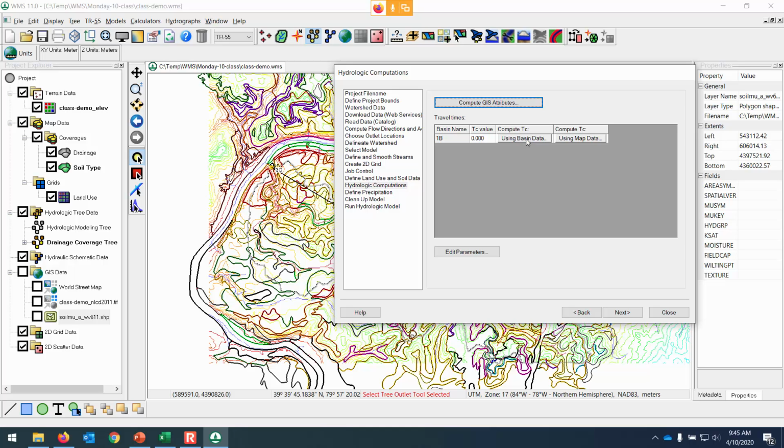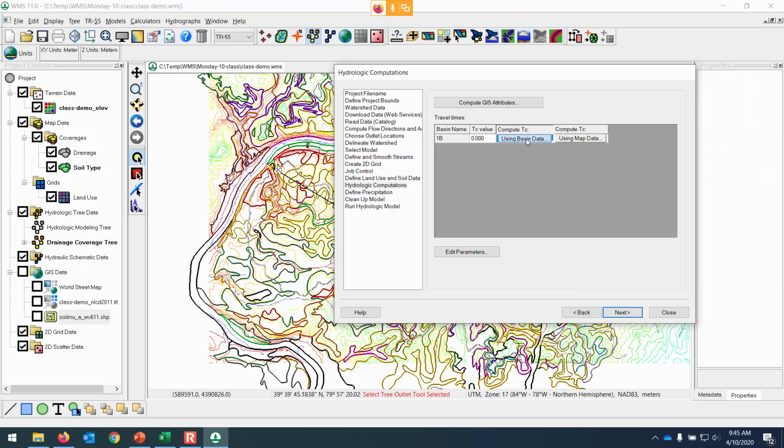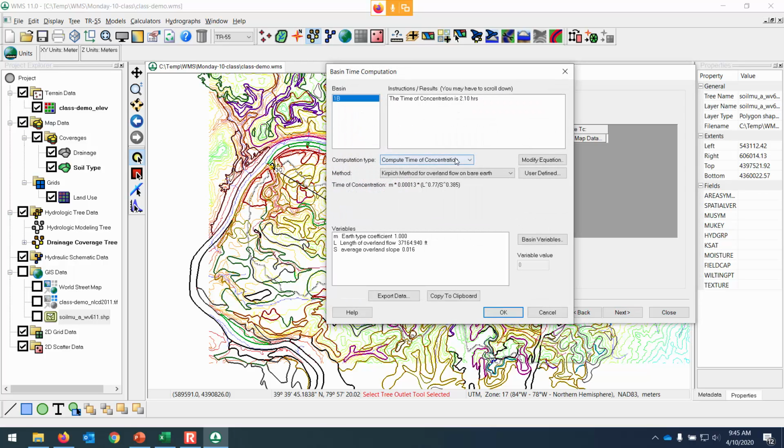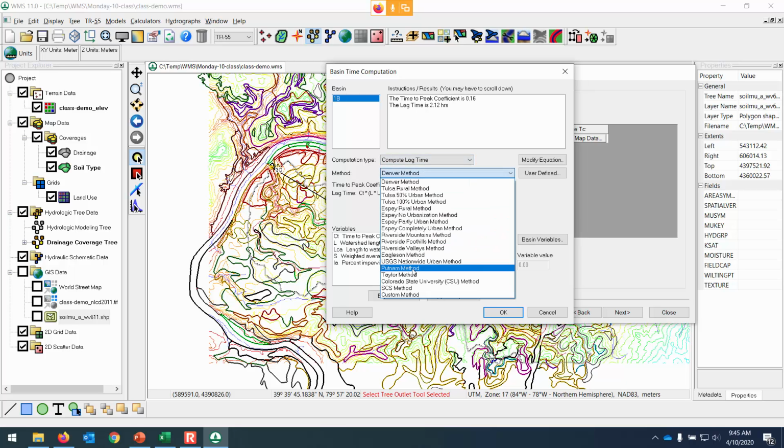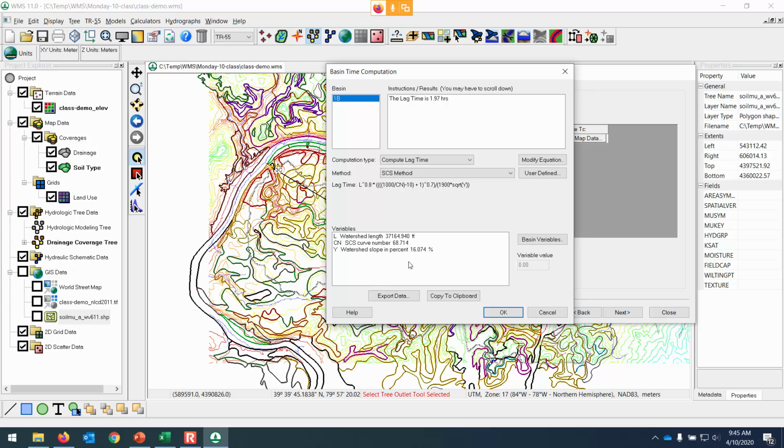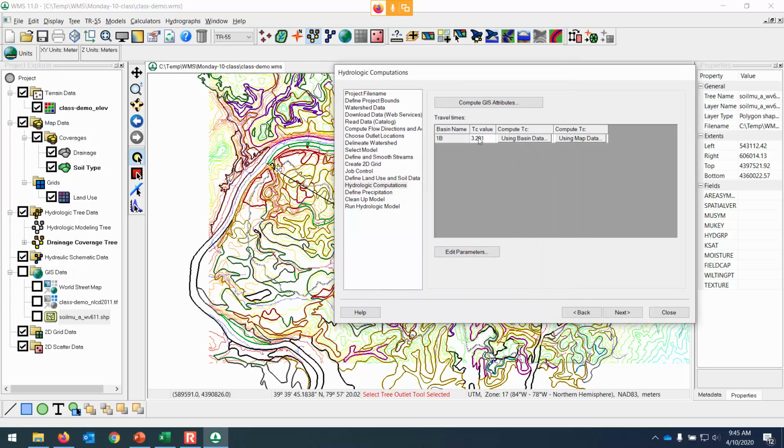the 68.7. If you click using basin data, then let's calculate the lag time using the SCS method, and it automatically fills in the applicable watershed slope, the watershed length, and there's even the curve number that we just barely calculated. So based on those variables that are determined, then it's going to calculate the time of concentration for us, and click next,